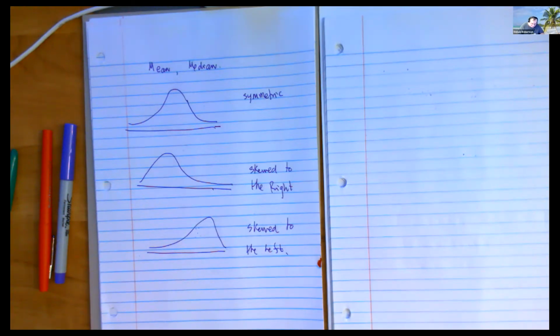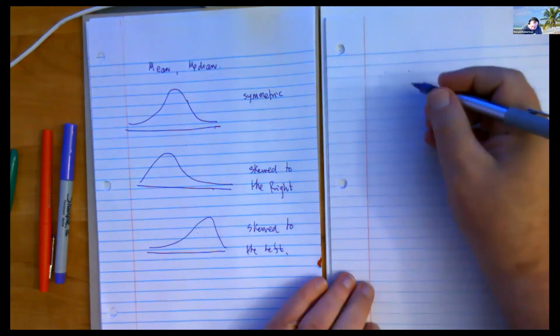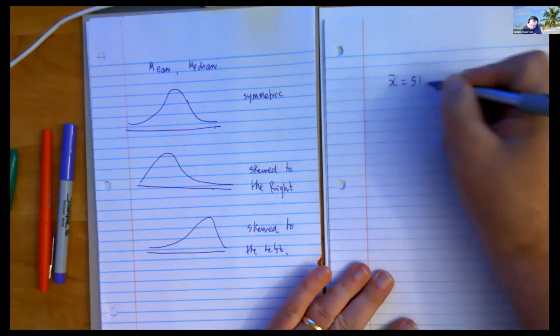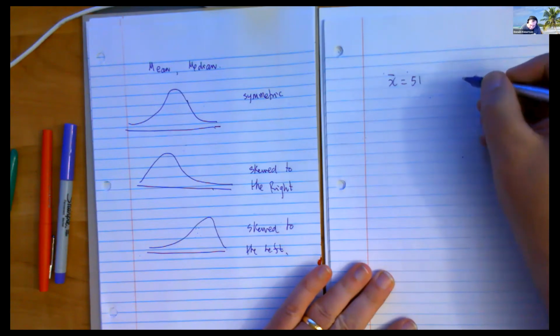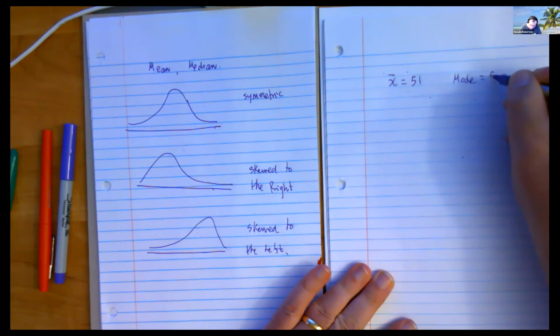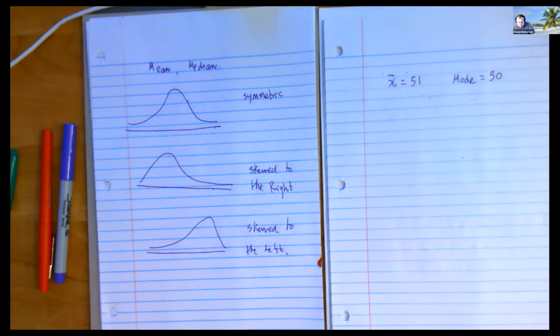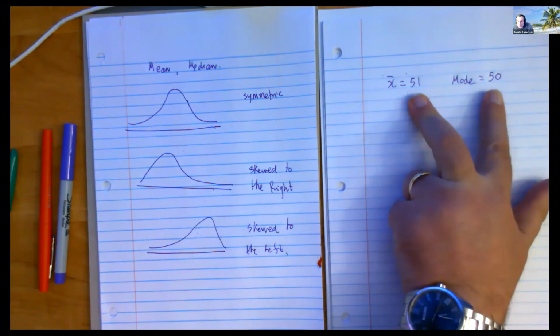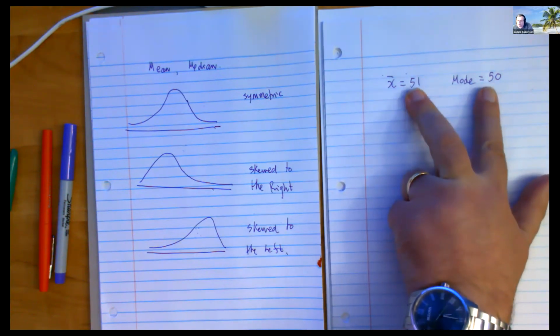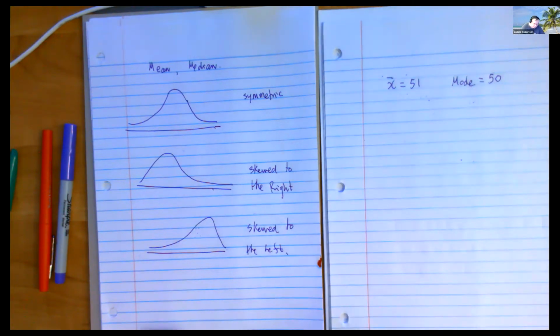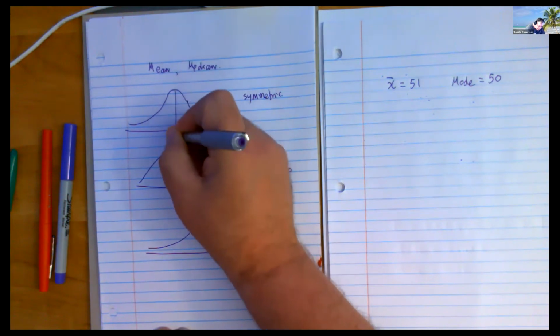Now, I'll put it over here. Suppose that the mean was 51, right? And that the mode was, say, 50. It's not unusual that you get data where these 2 numbers are very similar or identical. In this case, they're very similar. When that happens, you typically get,